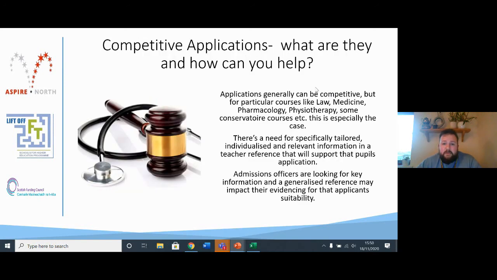The final thing I'd like to talk about are competitive applications. There's probably a need for a better word for that, because of course all applications are competitive, I suppose. But what I mean by this are applications that have a particularly pronounced lack of spaces compared to the number of those applying for it. We tend to think immediately law and medicine, but many of the allied health professions, pharmacology, physiotherapy, also other courses like conservatoire courses. It's not an exact science, but a general rule of thumb is any sort of course that